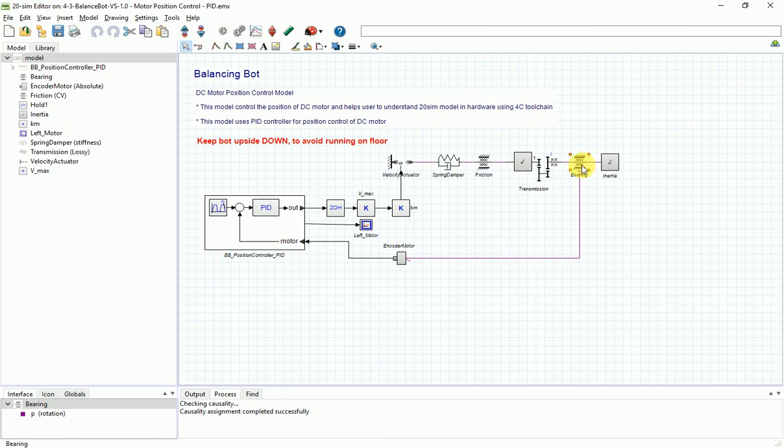And there is a bearing on the shaft, which is modeled over here, and the inertia, which is of the wheel attached to the DC motor. This is the motor curve constant, which is the conversion of the signal value into the corresponding current, which goes to the velocity actuator. The feedback is taken and given to an encoder converter, and this gives the revolution counts